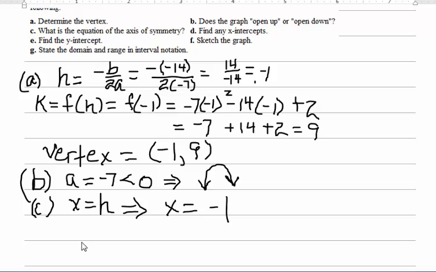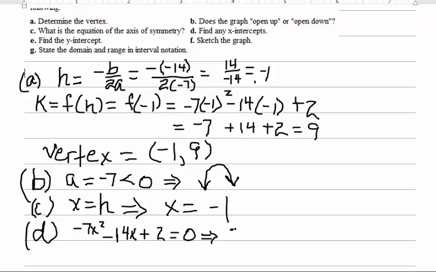Next, we want to find any x-intercepts. So that involves setting the function equal to 0. So negative 7x squared minus 14x plus 2 equals 0. And we already know the values of a, b, and c. So let's start by looking at